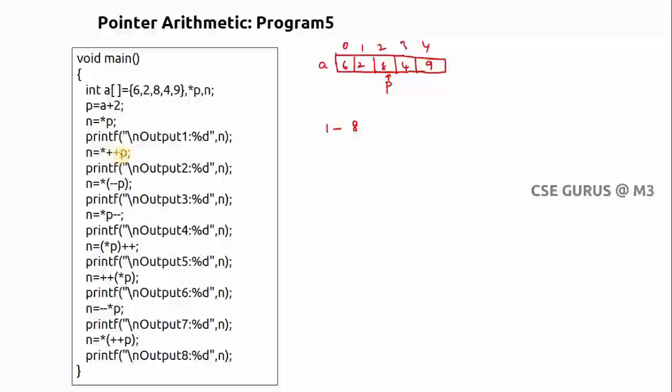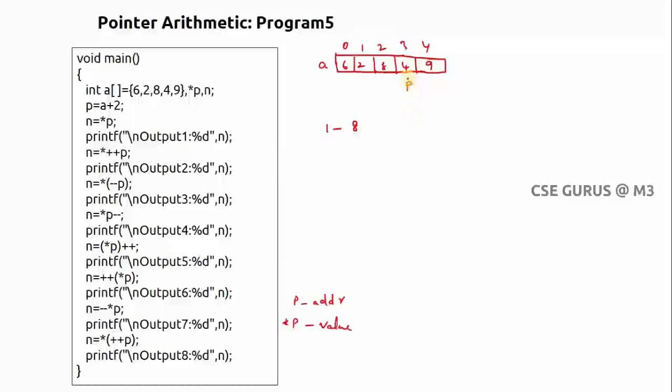Increment the p. See, one more thing you observe here. P means address. Pointer p means value. So we know that p means address. What is pointer p? It is always the value inside p. So here p means address. What you need to do? Increment the address. So where does p reside? Here. So increment. It's not plus 1. So your p location changes to here. Now it is a pre-increment. That's why I incremented. Then pointer. So now p is here.